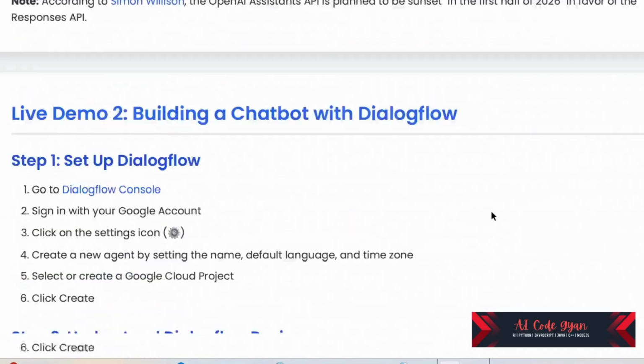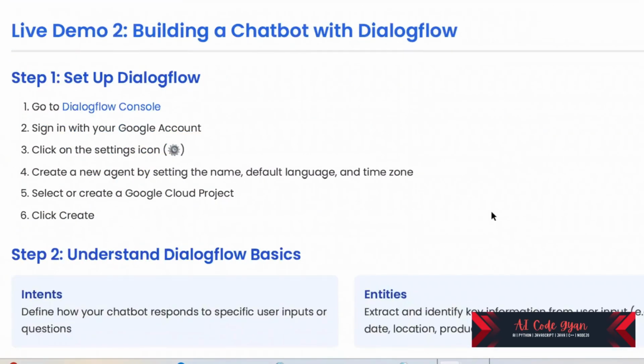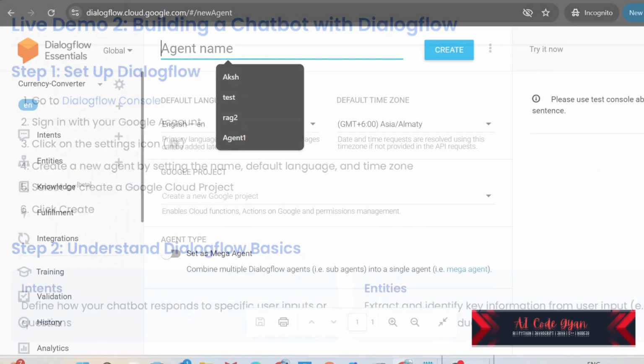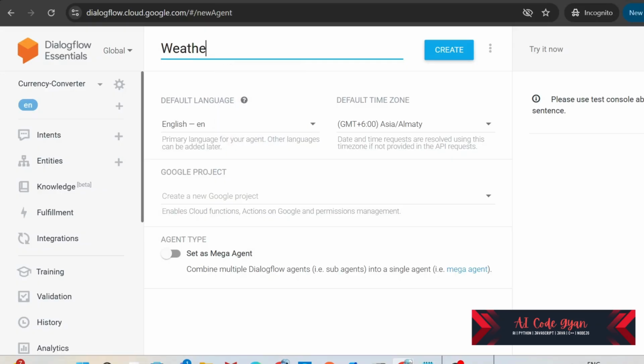Now let us start with how to build a chatbot with Dialogflow. I am going to cover building a chatbot with ChatGPT in a different video. Before that, please do cover this. Let us talk about setting up Dialogflow. First we'll go to the Dialogflow console and sign in with a Google account. Let us start a new agent, weather check,